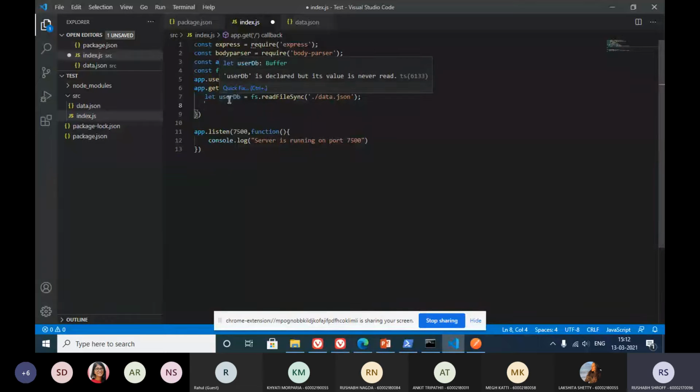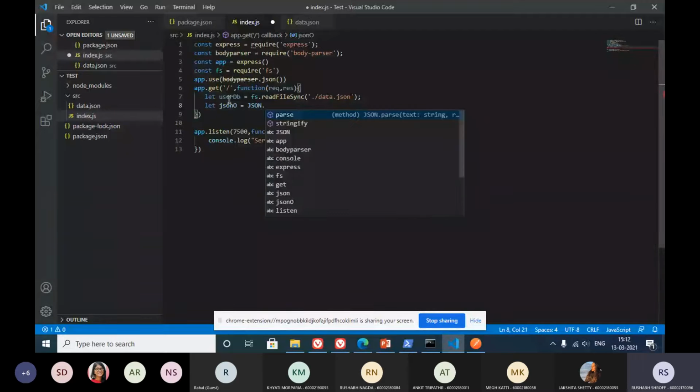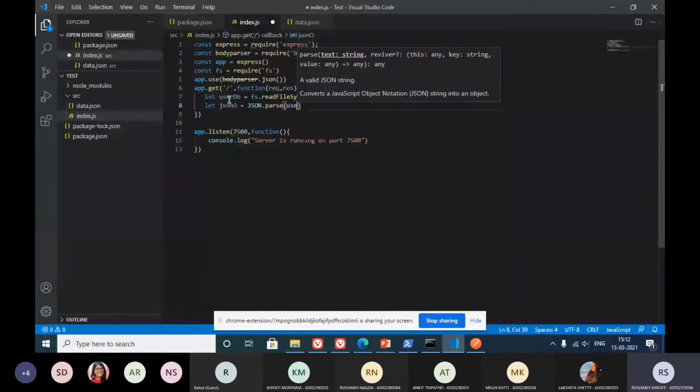Now this is in the form of a buffer, but we need to read this in the form of a JSON object. To do that, we are going to let JSON O, which means the JSON object, equal to a built-in global method, JSON dot parse, which basically parses a normal string into a JSON object. So parse and then userdb